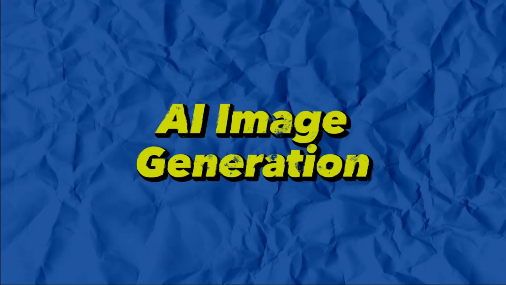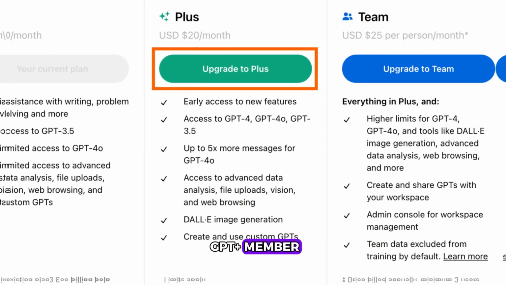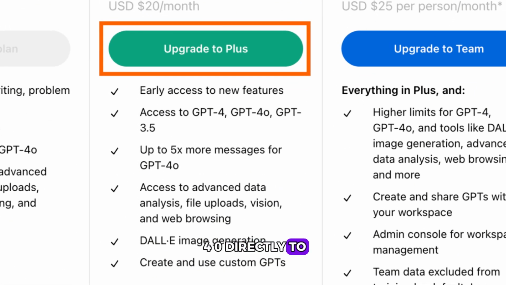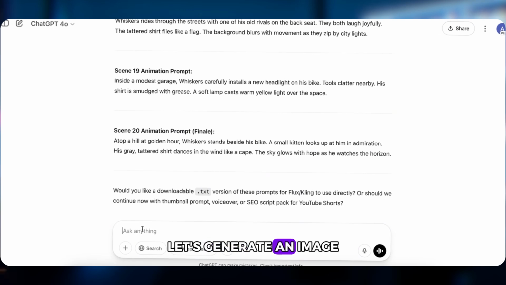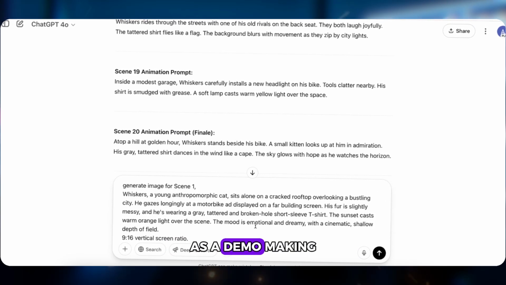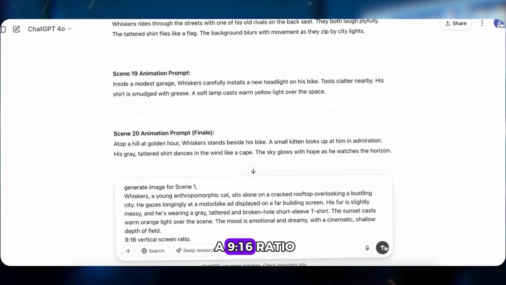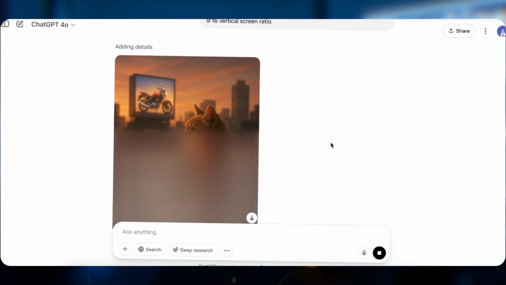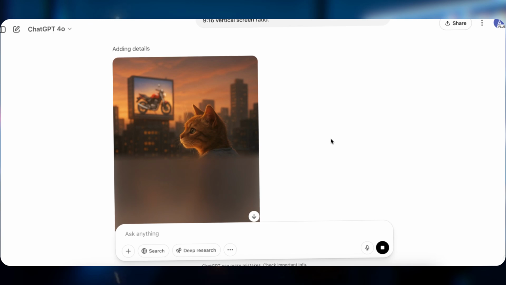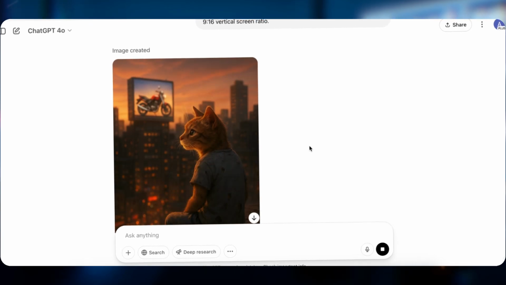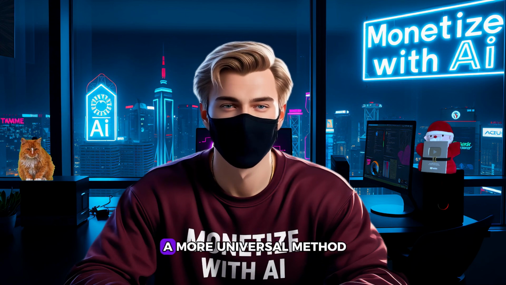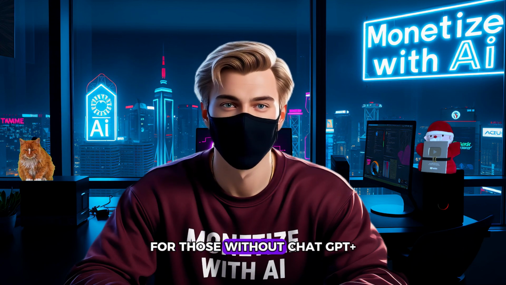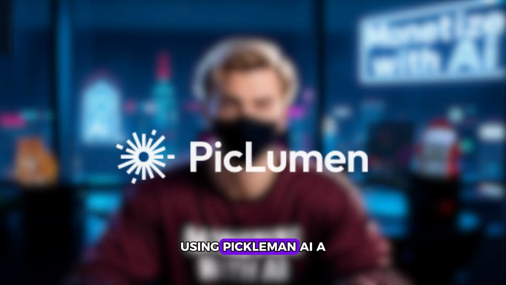Step 2. AI image generation. If you're a ChatGPT Plus member, you can use GPT-4o directly to create images. Let's generate an image from Scene 1's prompt as a demo, making sure it's set to a 9:16 ratio. Pretty nice quality, right? But today, I'll demonstrate a more universal method for those without ChatGPT Plus, using Piclumen AI,